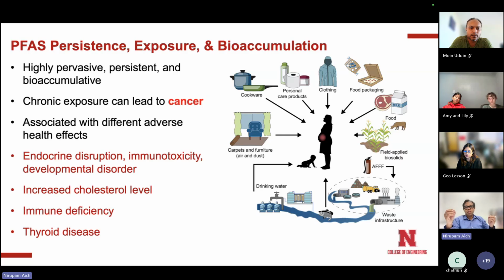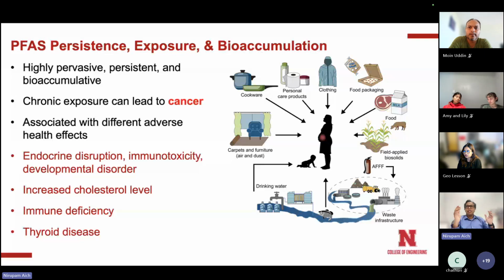So when we say emerging contaminants, it's not like PFAS was not in the environment before, but we didn't have the analytical capability to identify them. Okay, so they have been released since the 1940s because we have been making them from the 1940s to now, but we were not detecting them because they get into our water in much smaller quantity.